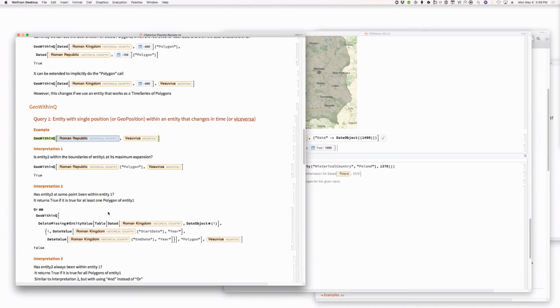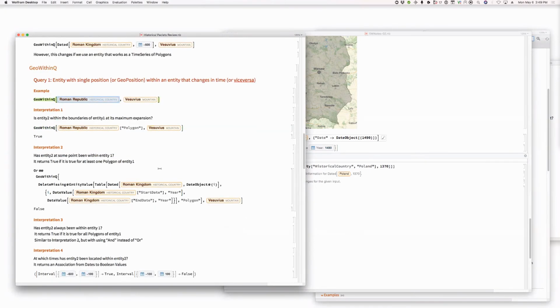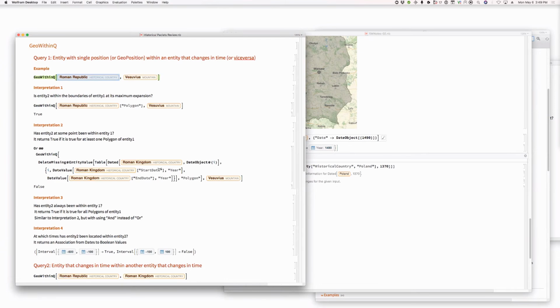I see. You're asking a different question. Should we scan through the whole history of the Roman Republic to ask whether essentially the union of all Roman Republic points contain Vesuvius? So the question is, when doing lookups, if we should stick to this concept of using the maximum extent, or we should extend to use the full time series. That would be the question here, right? But if you do an intersection of the regions,